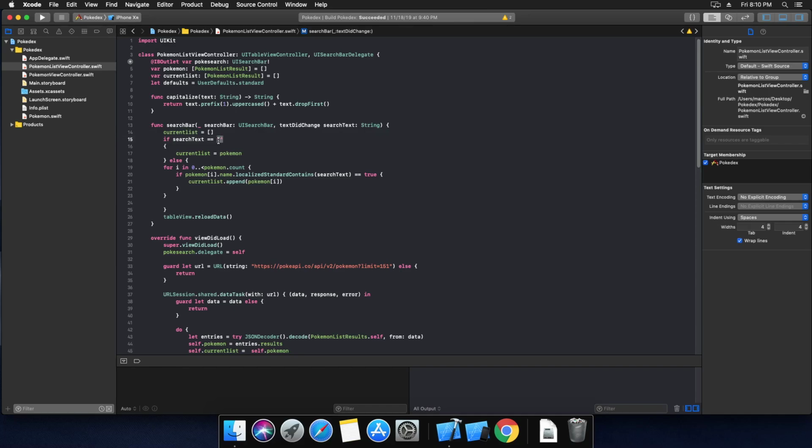If there is no search in our search bar, we just say that current list is equal to all of the Pokemon, so that when we update our table, what the user looks at is the whole list of Pokemon, and then we just look at